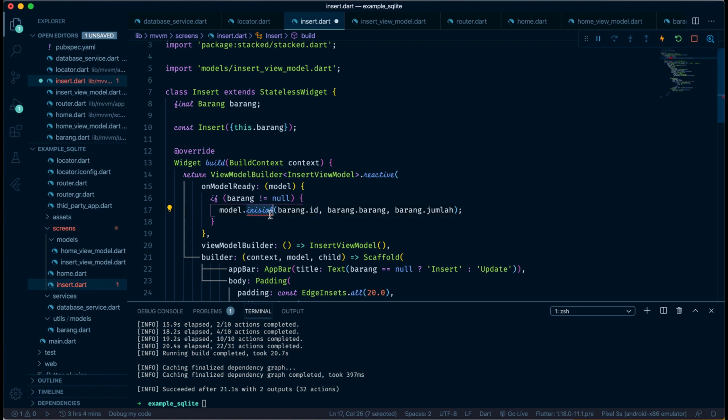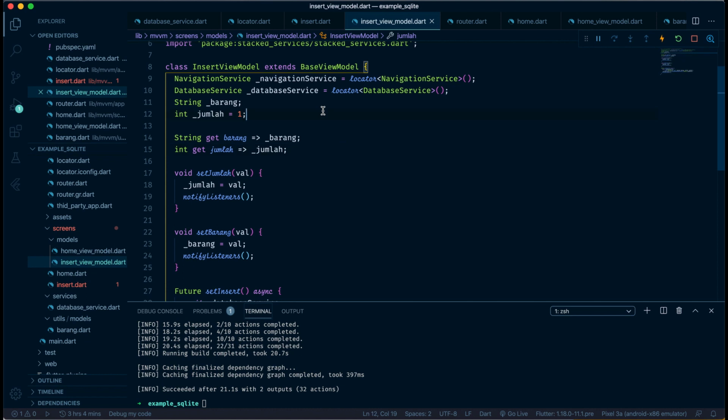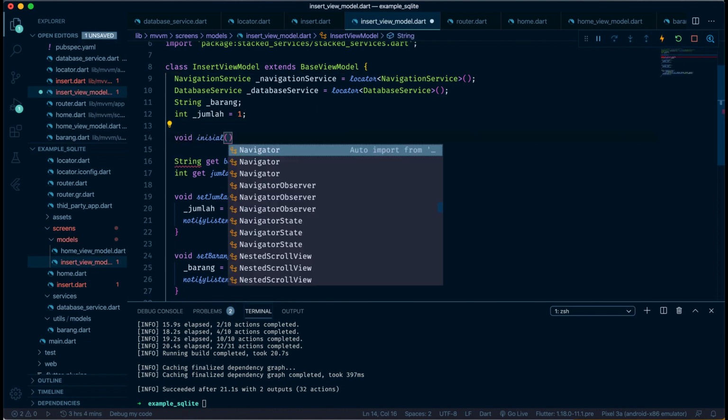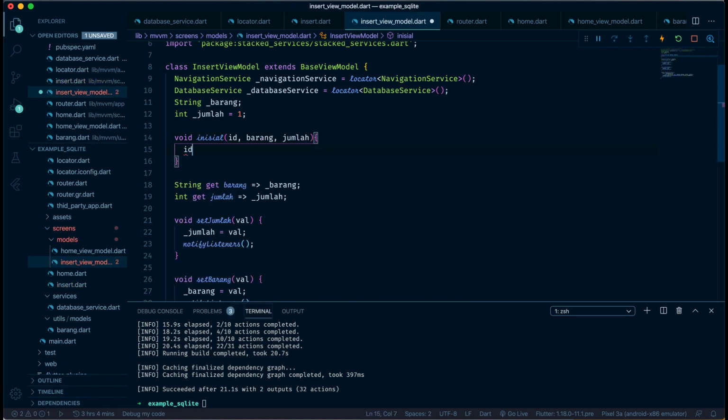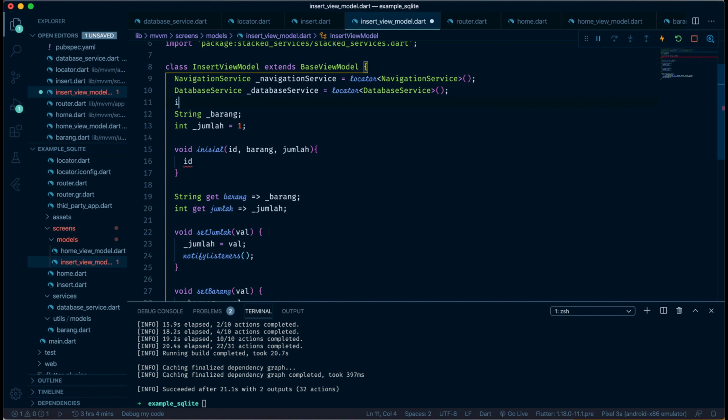And now we will define initial in the insert view model. Just do in here void initial with first the ID, barang and jumlah. We'll provide ID. We never created the ID, so just do integer ID underscore ID.